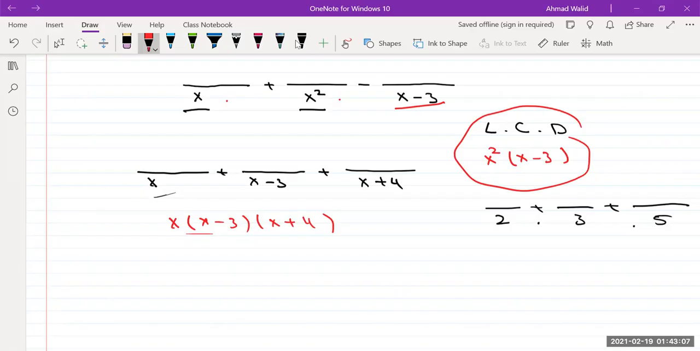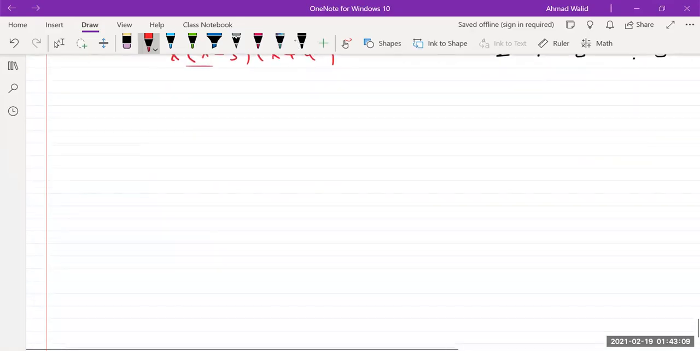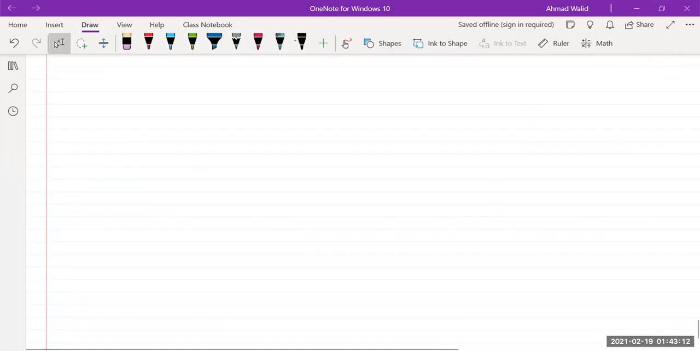Correct? This is how you take a common denominator if your denominators are different. Now, I'll solve an example from your book. I'll solve a rational equation for you, correct? For example, example number 6 of your book, page 114,